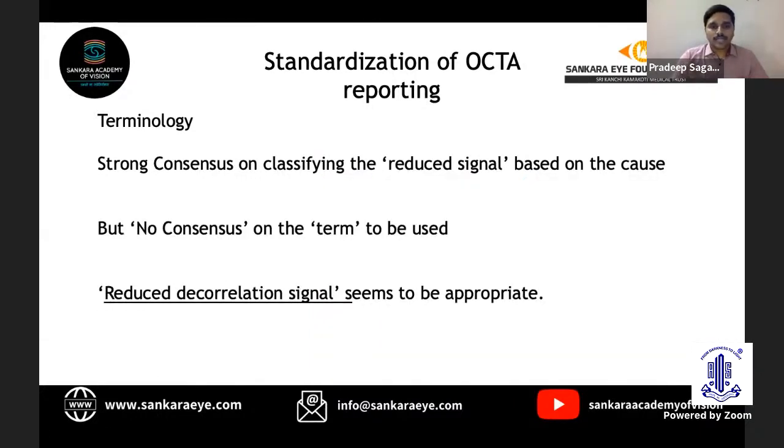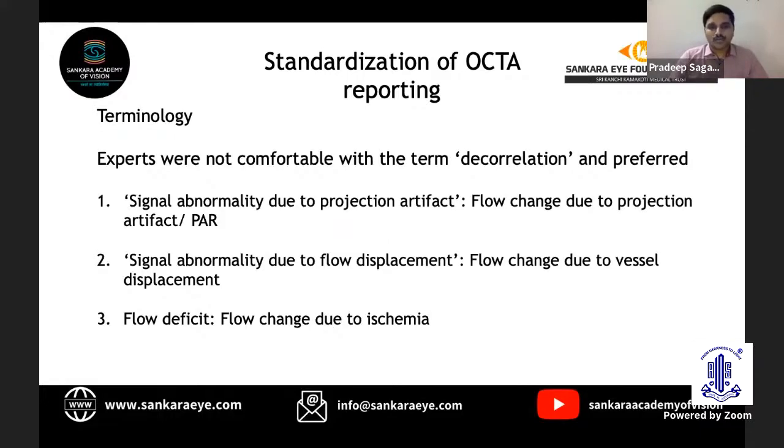So though there was a consensus on classifying the reduced signal based on the cause, there was no consensus on what term has to be used. In the discussion, there was this term used, which is the reduced decorrelation signal, which actually seems to be appropriate because in OCTA, what we are measuring is the decorrelation signal. But the experts were not comfortable with the term decorrelation signal, and they preferred the term signal abnormality,